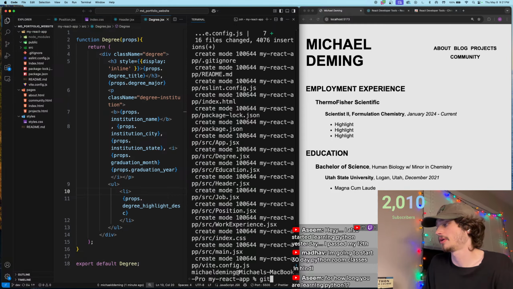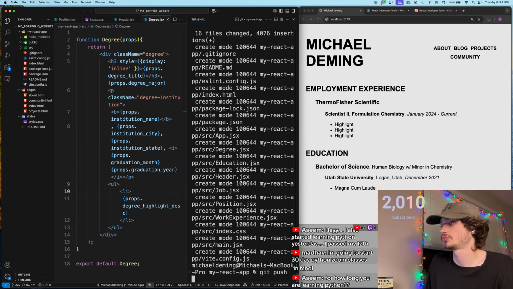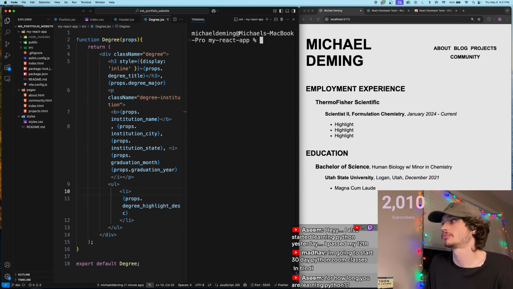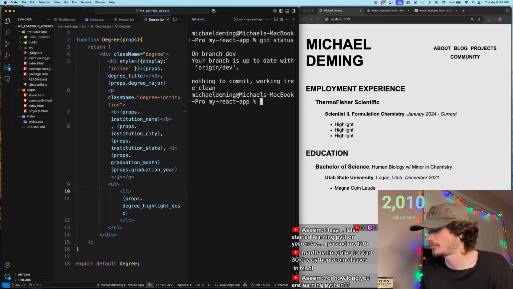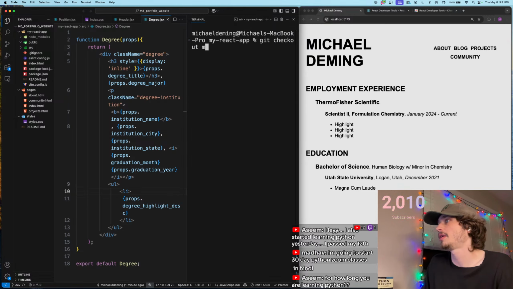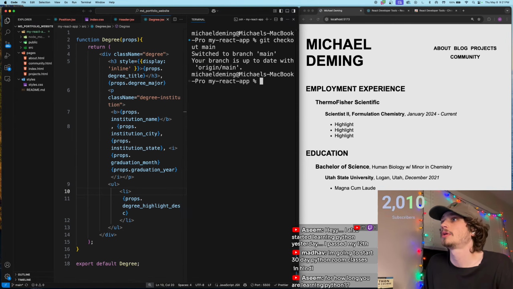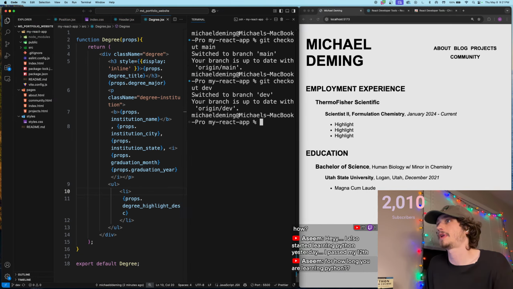Okay, now we're going to git push this. Cool. So now if I go git checkout main, all those go away. Good. Now our dev branch is up to date with our appropriate